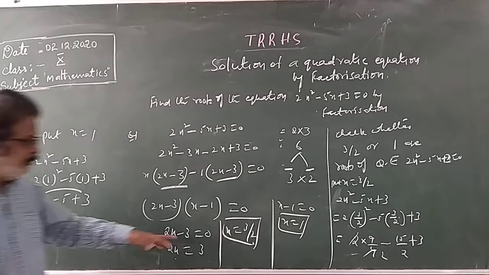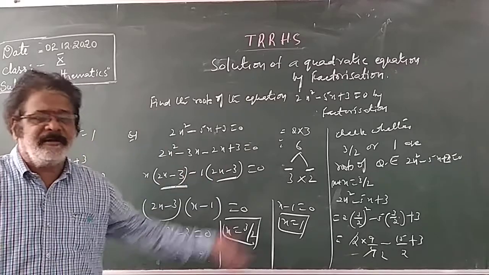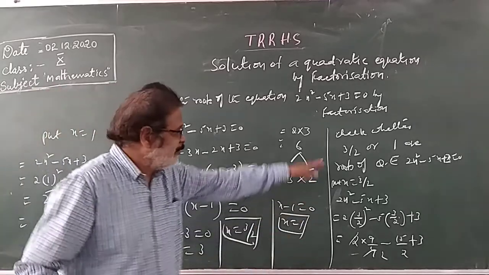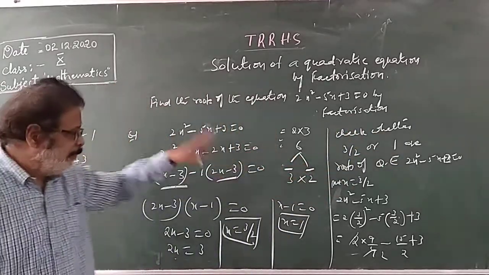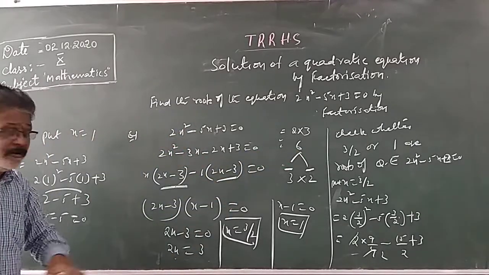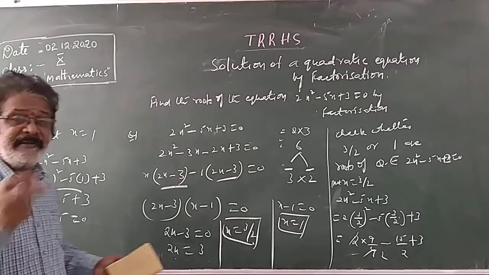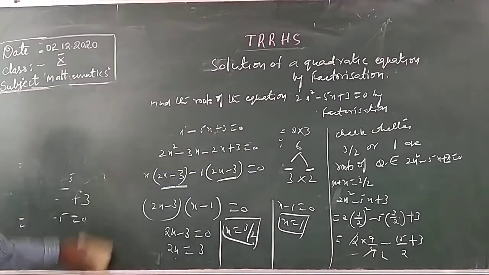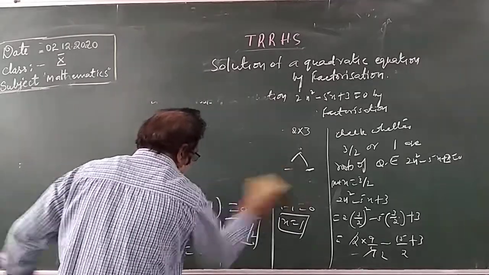So how to check this? When they ask to check whether so and so are the roots of the given equation, you substitute those values. Check whether 3 by 2 and 1 are the roots of the quadratic equation. Substituting x equal to 3 by 2 we got 0, and substituting x equal to 1 we also get 0. So when it satisfies, it is a root. Like this you can check whether they are roots of the given quadratic equation or not. I hope children you clearly understood. Now we will go for the next concept.